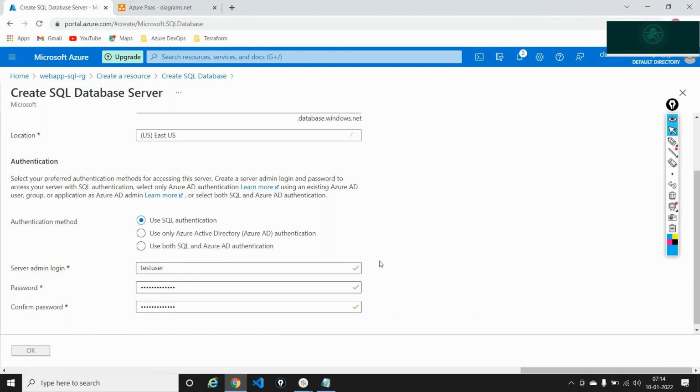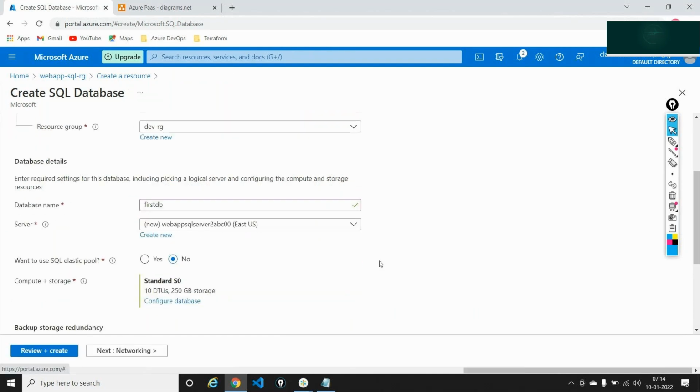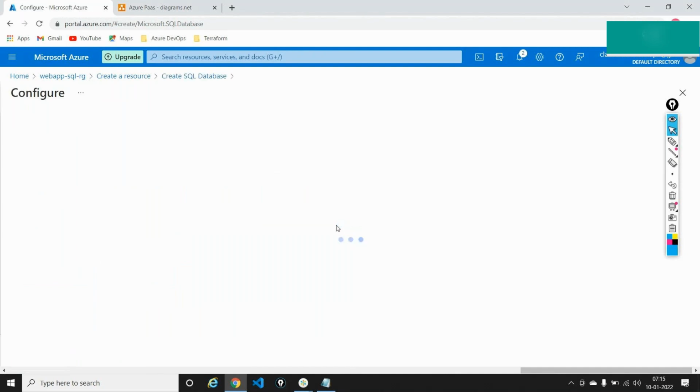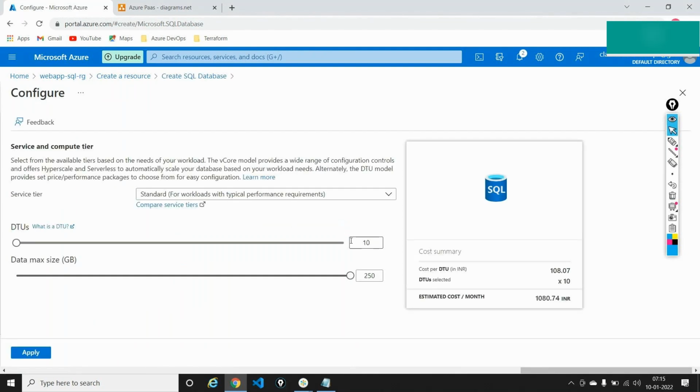This is the only thing that I'm doing in the creation of a server, is that I selected what is a server, and I said okay fine, I want a server in East US and also the database in East US out here. And finally, it's telling you what exactly is the storage capacity that you need and what is the memory that you need to process this information, or how big of an application that you are actually trying to create out here. So I'll say configure the database, and I'll say there is something called DTU,